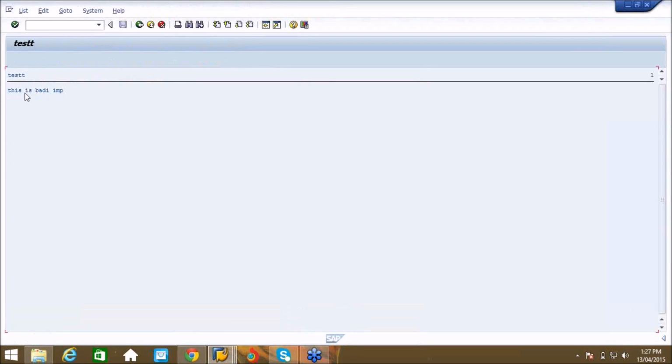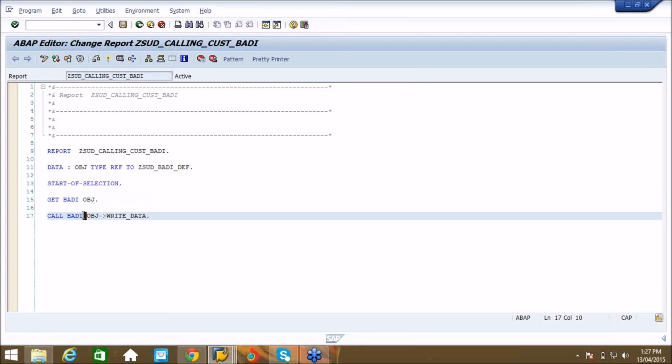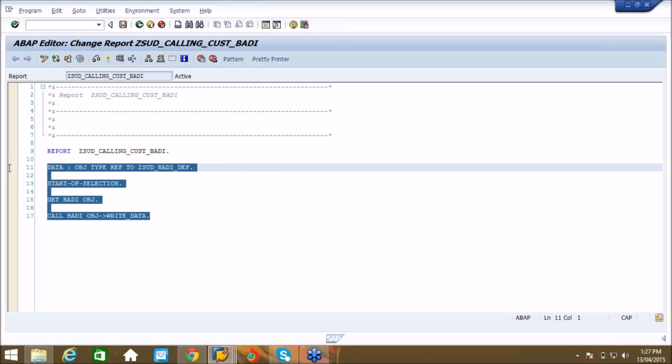So this is body implementation. Whatever code we have written under this body implementation, that code is getting executed. Instead of create object, you have to use the GET BADI syntax. Instead of call method, you need to use the CALL BADI syntax. Generally this code, we will write inside a user exit or another body implementation of a standard transaction.